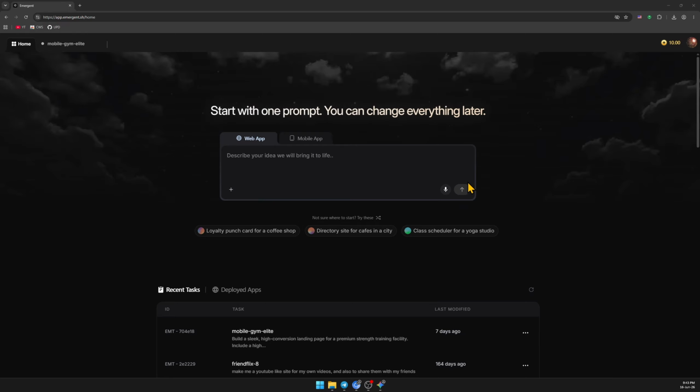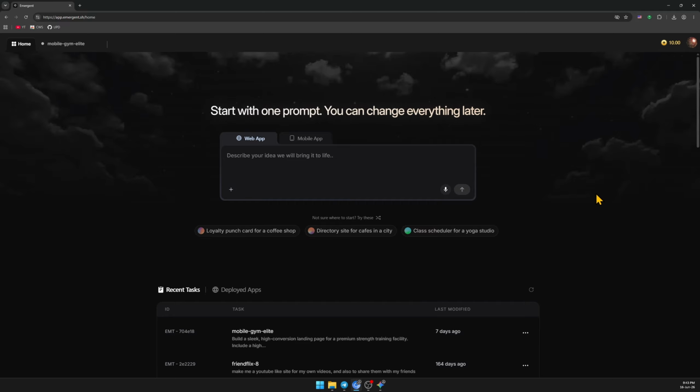So we will now look directly at the homepage dashboard layout and map out the interface so you can start building now. Okay, so let's look directly at the live home dashboard screen so you can find your way around the interface. Right in the upper center of the page, you have your main generation command module. Notice the two selector options sitting right above the text field box, web app and mobile app. So this lets you tell the background compiler exactly what platform architecture to deploy before it drops a single line